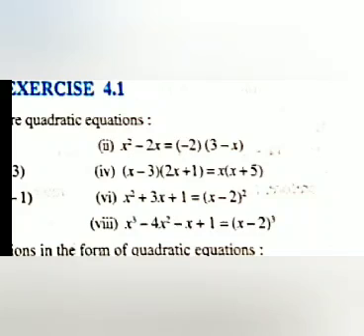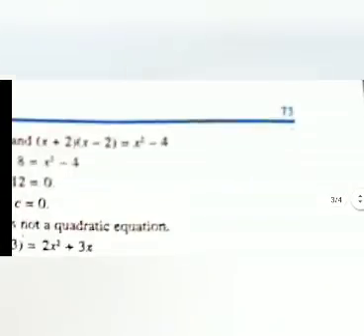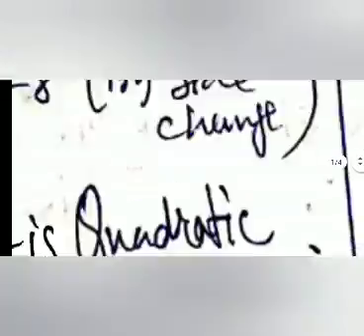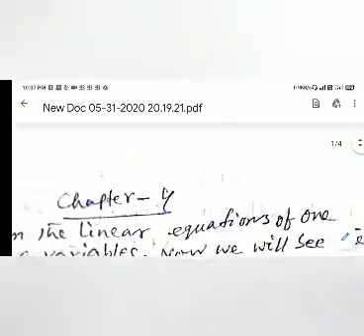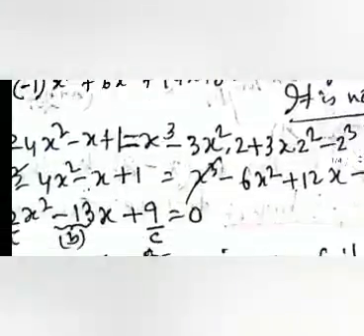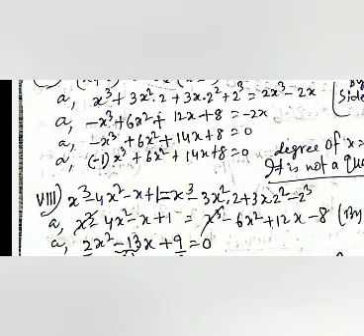You just solve the right hand side and left hand side of the equation. Right hand side of the equation is x minus 2 whole cube. Left hand side you write as it is. Come to right hand side, x minus 2 whole cube, that I have written here. x cube minus 3x square into 2 plus 3x into 2 square minus 2 cube.